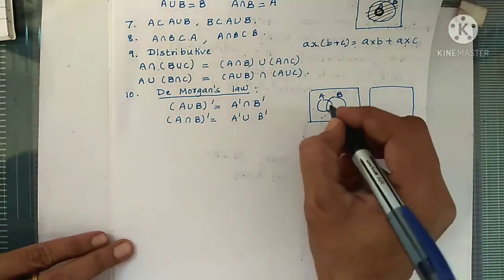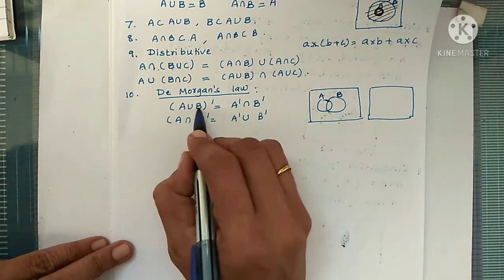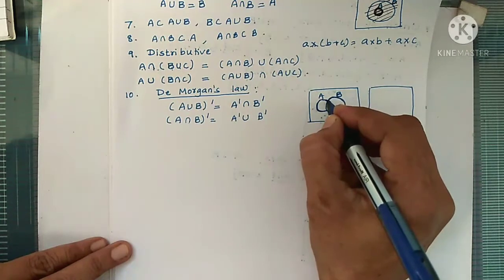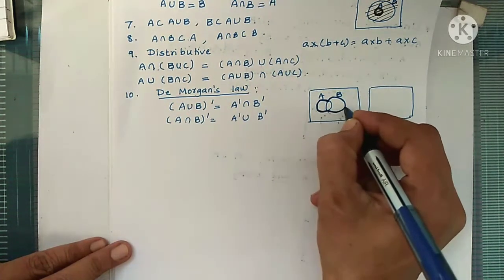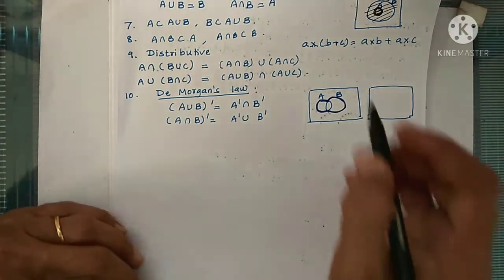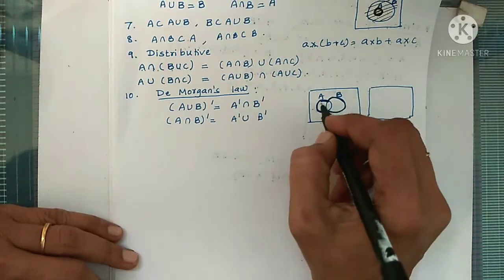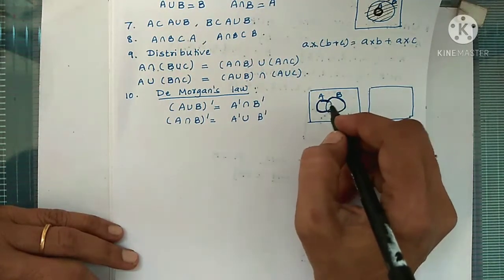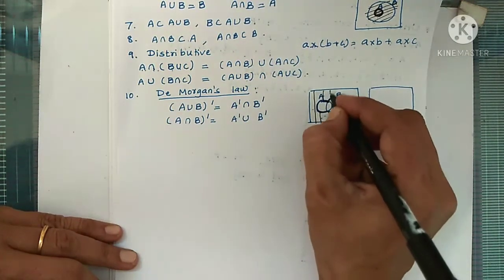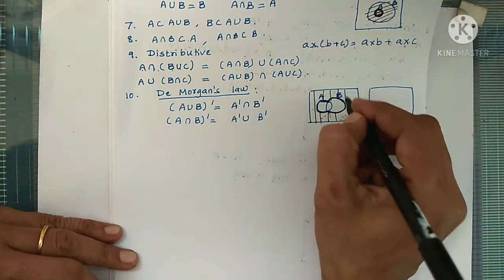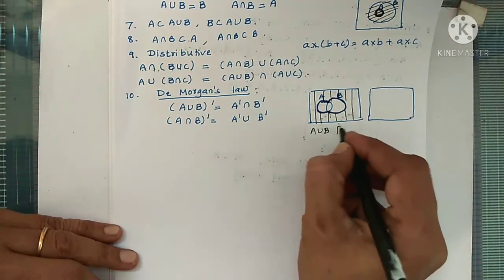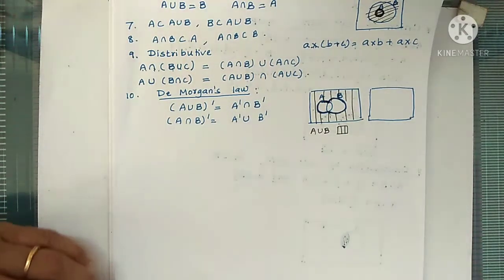Now first of all let's take A union B. First of all we have to complete the bracket. So A union B is set A and set B together. So I have drawn an outline for A union B. So this portion is A union B. Now we want the A union B complement. So it is the part of the rectangle other than this outlined region. So the part other than the outlined region is here. I have drawn the vertical lines. So (A union B) dash is represented by these vertical lines.